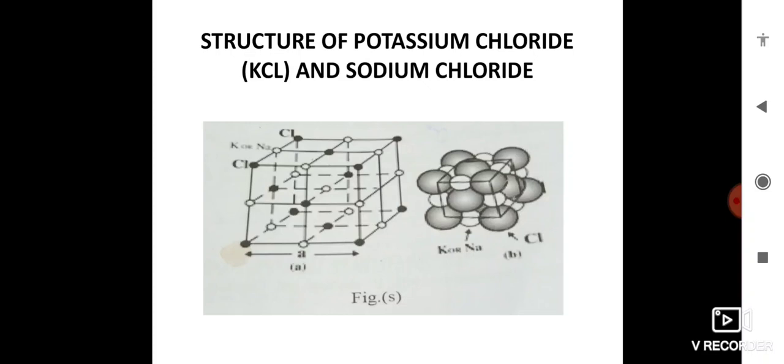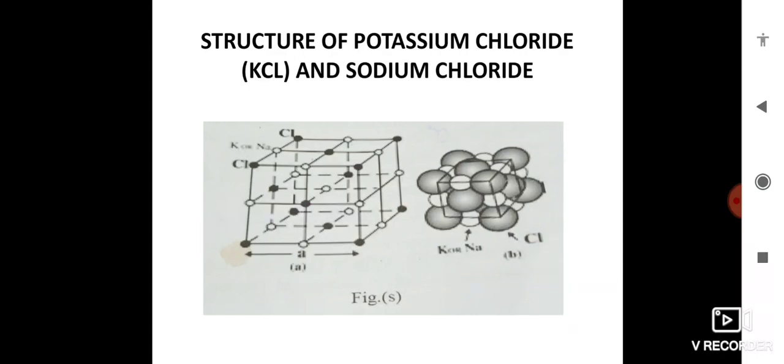When combination takes place, what happens? Potassium loses one electron and chlorine gains one electron. If potassium loses one electron, it becomes electropositive. Chlorine gains one electron, which means it becomes electronegative. Both potassium and chloride, after gaining and losing electrons, have 18 electrons in the combined state. The scattering of X-rays depends on the number of electrons present in KCl.